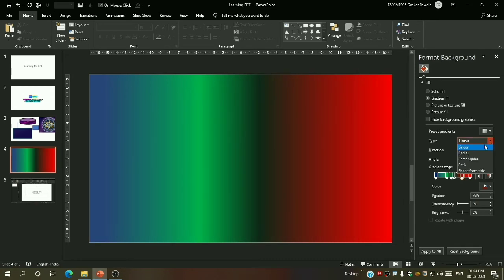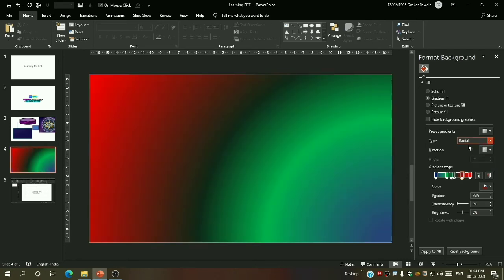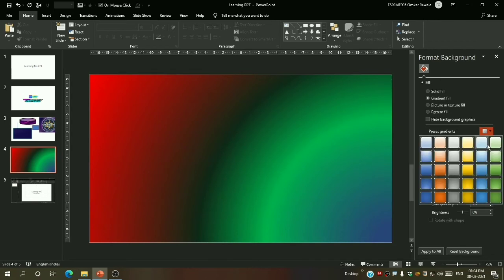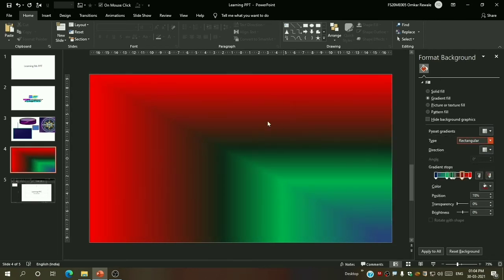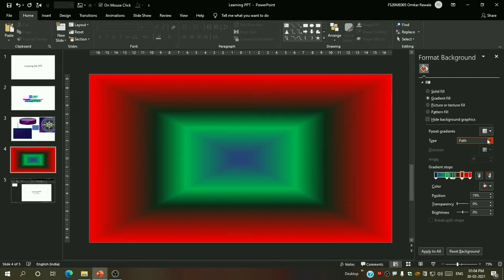Okay, now we will go in radial. So basically everything is the same, just as the type changes, the gradient fill also changes. So this is rectangular, this is path, this is shade from title. Okay, well, title is not present.